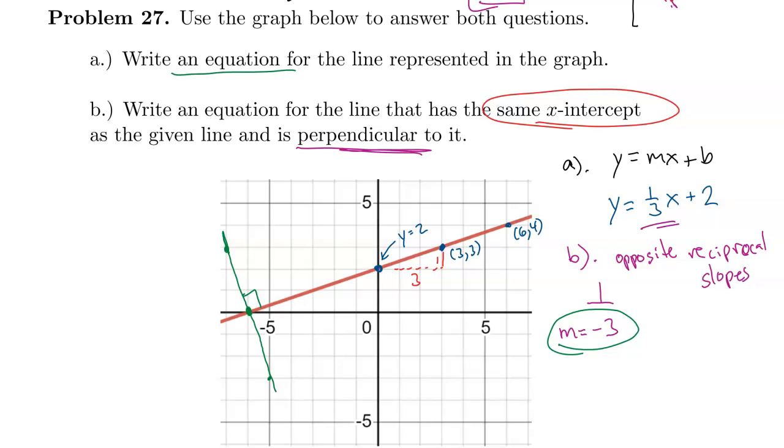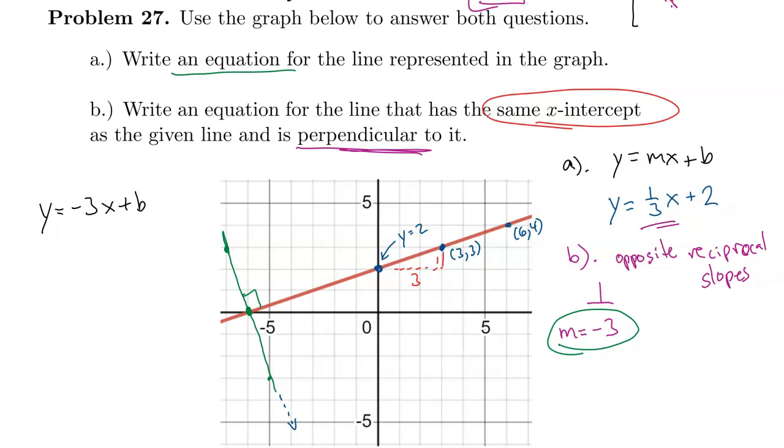To put together my line, the only other thing I need is the y-intercept. So the y-intercept is somewhere down here. I can kind of tell that it should be negative. To figure out exactly what it is, let's use some algebra. I know the slope should be -3,